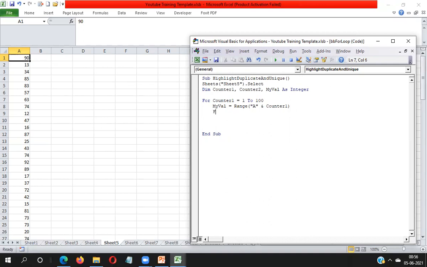So again I will have to loop, counter2 equal to 1 to 100. Again I am executing my loop 1 to 100, because 100 values I have to check in the same range. One by one, the value will be checked in the same range. So that's why I have written 1 to 100 here and 1 to 100 here. I'm going to write here if range,